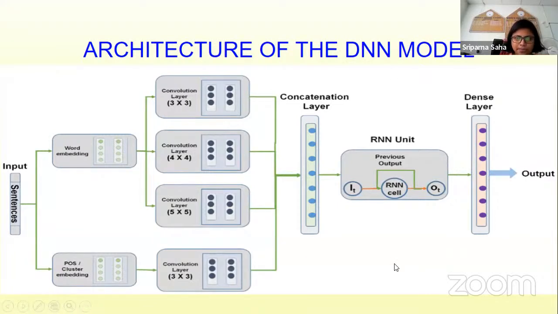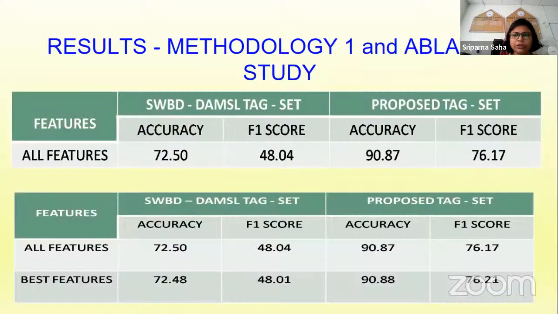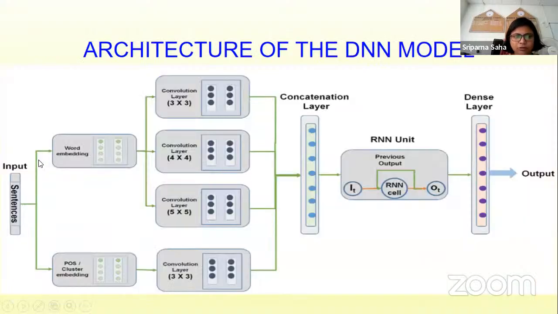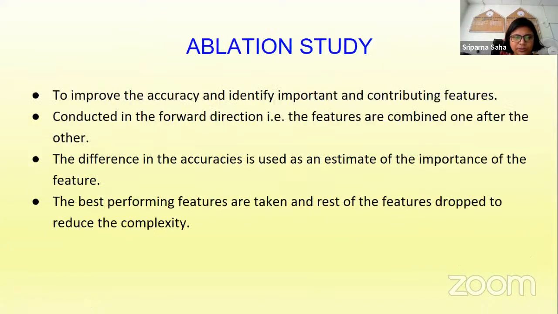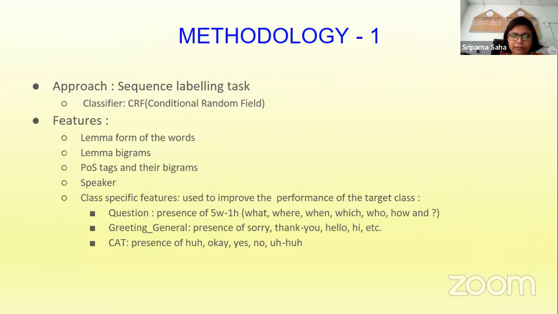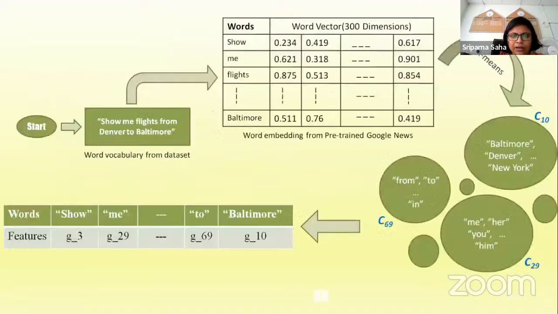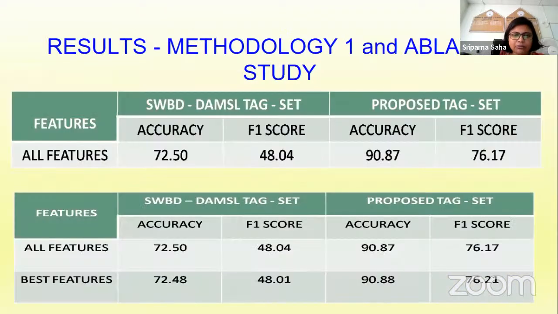This is an approach which can also be used for dialogue classification if you want to go with deep learning. These are some of the results. If you are using all features, meaning all the features I mentioned here: lemma diagrams, part of speech diagrams, speaker information, class specific features, and you concatenate all these features and classify using CRF, then we get the